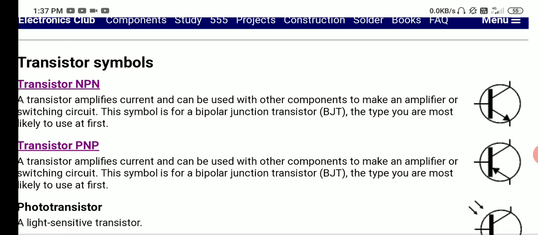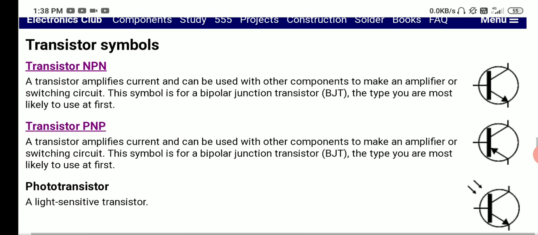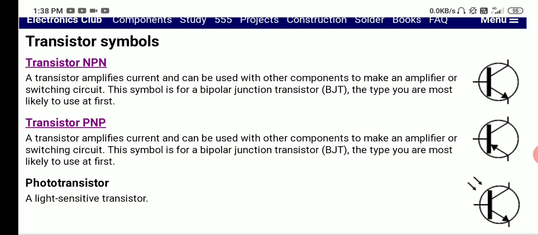The best application of a transistor, if you wanna see, is in microphones, right? In your microphones you get signals from many places in many forms, sometimes weak signals, but your transistor amplifies them and gives you audible sounds or audible signals. I'm not going into detail today, just giving you an overview, and the rest I'll take in other lessons.